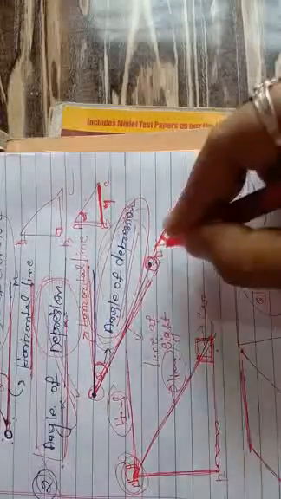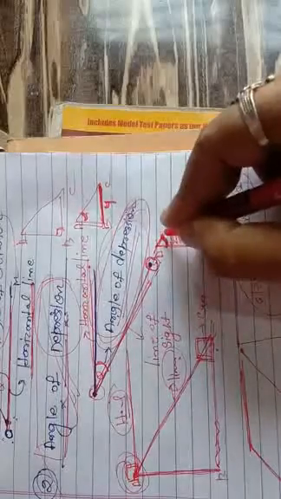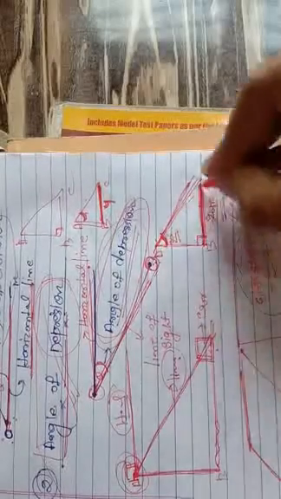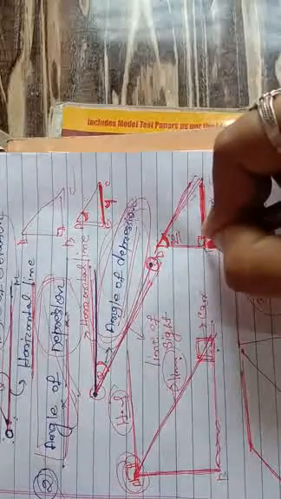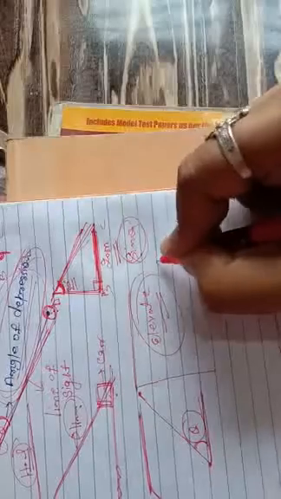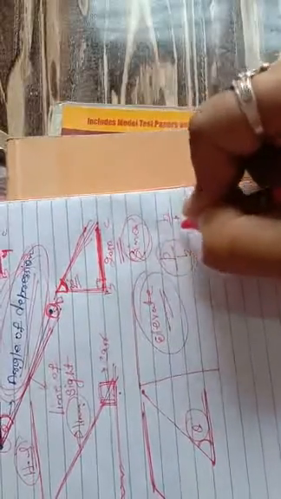Suppose this is given and this we have to find for this angle. For this angle, this is your perpendicular and this is your base. Perpendicular is given and base is asked. Which T ratio gives the relation between the perpendicular and base? You know that it is either tan theta, which is P by B, or cot theta, which is B by P. So we use either tan theta or cot theta.